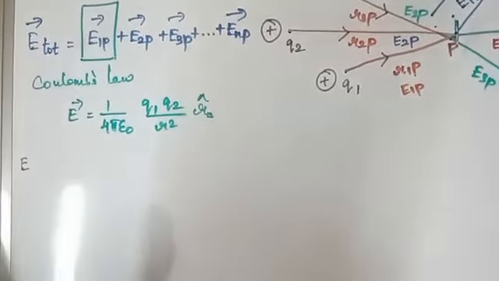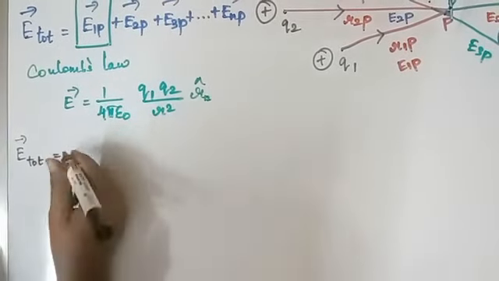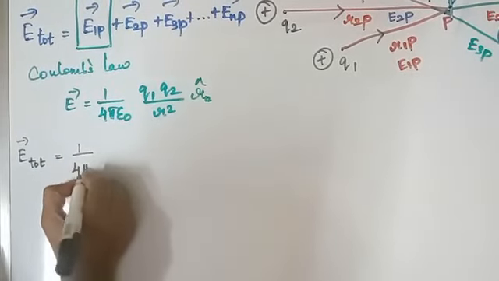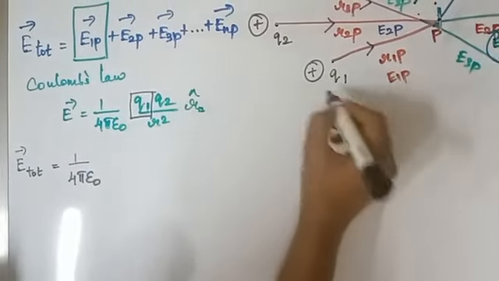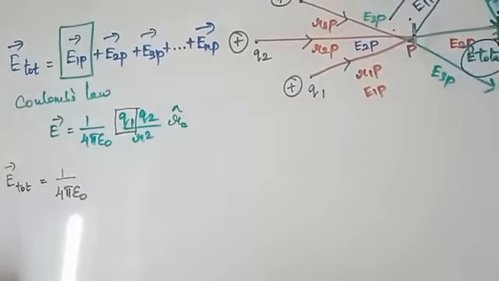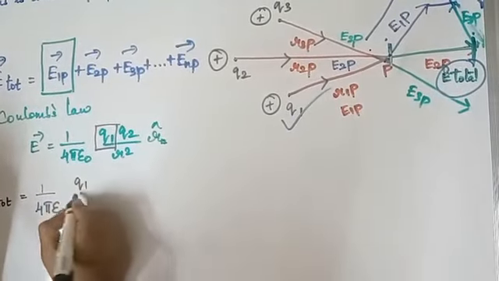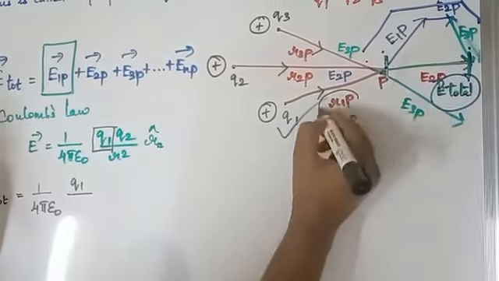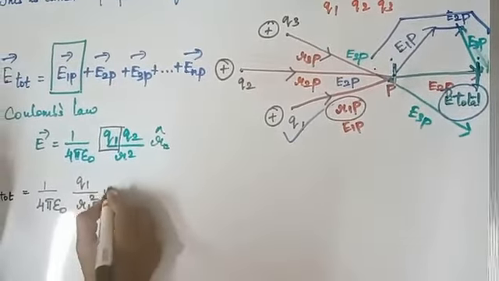So E total is equal to 1 by 4 pi epsilon naught, and here I consider only charge Q1, so Q1 upon R1P square, R1P unit vector,